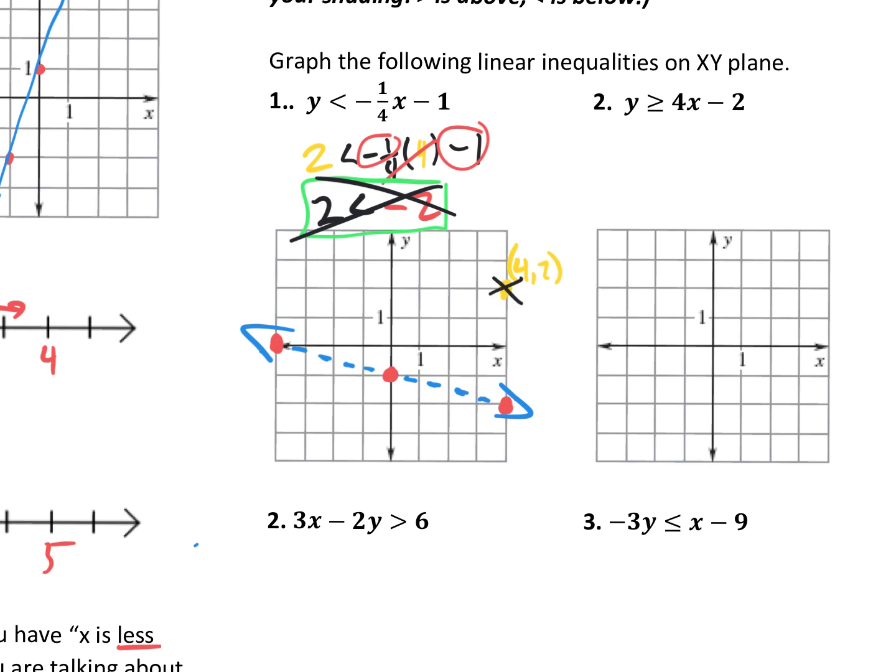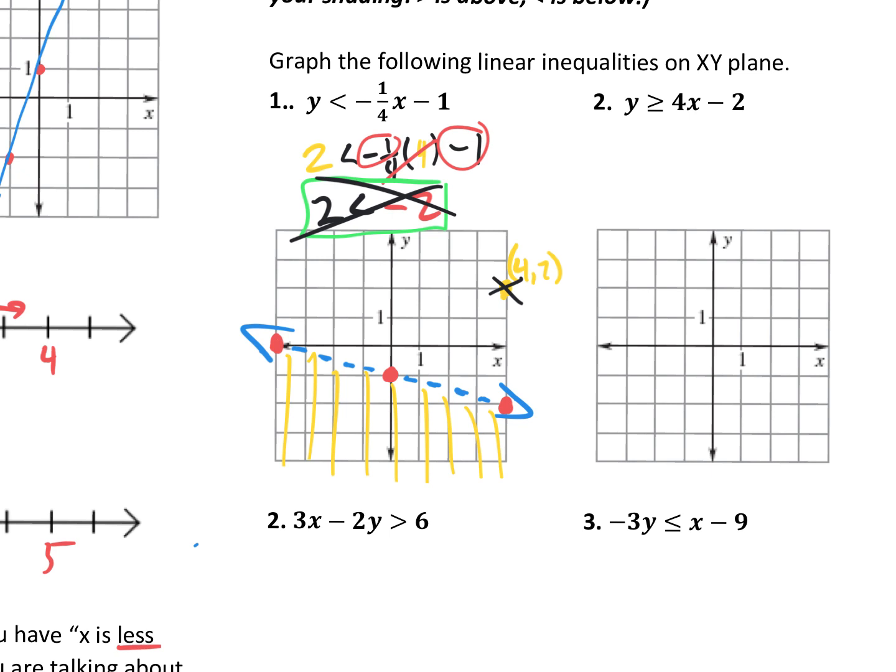Does that make sense? So where are our answers at? They're on the bottom. So you would have to shade in everything down here because your answers are down here. If I pick any point down here and I plug it into X and Y, it will be a true statement. Any point up here, it will not be a true statement. I picked 4 and 2 because a 4 would be nice to have right here for X, but the easiest point to use